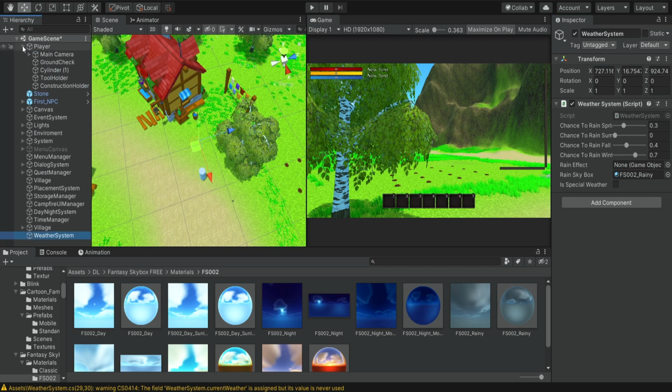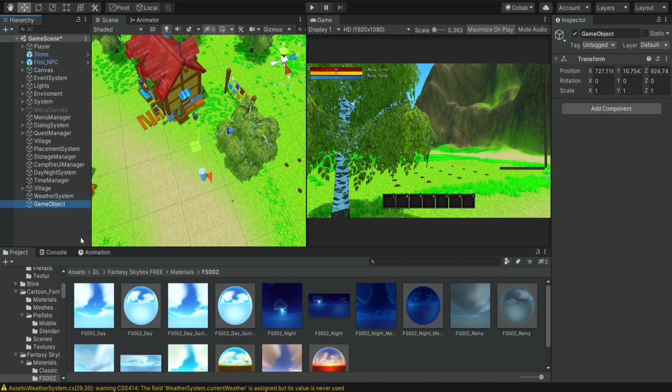Now, because our player is built this way that when we look down or up, it rotates the entire player, it's also going to rotate the particle system. So it's not going to work. It's going to look weird because the rain is going to fall at an angle. So we do want the rain to follow the player, but not rotate with the player, right? If he looks down, if he looks up. So for this, we're going to create some kind of empty object and we're going to name it